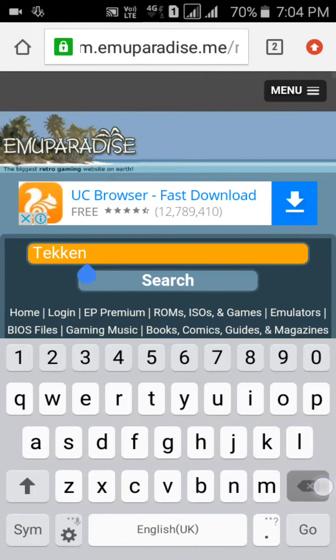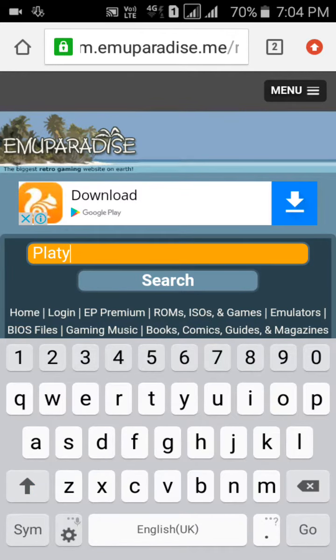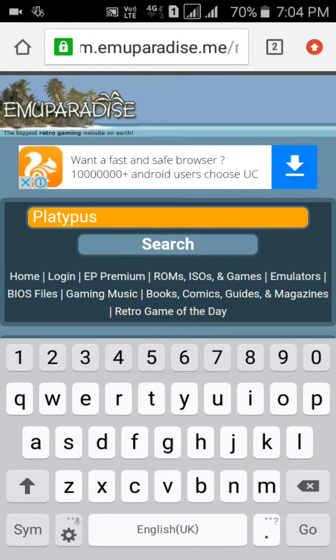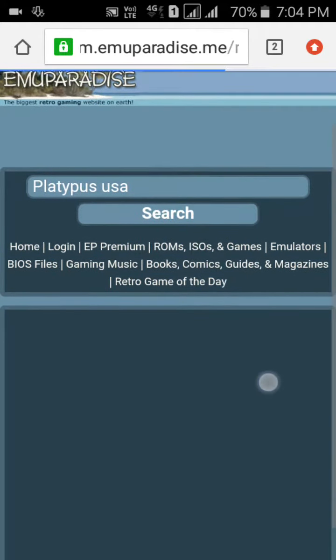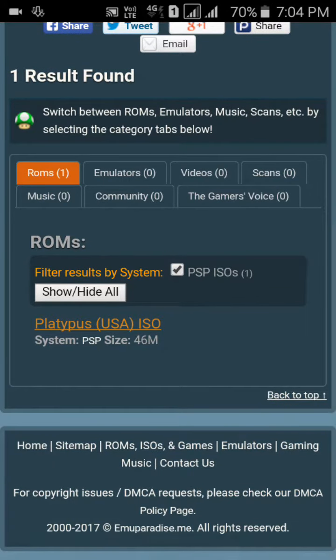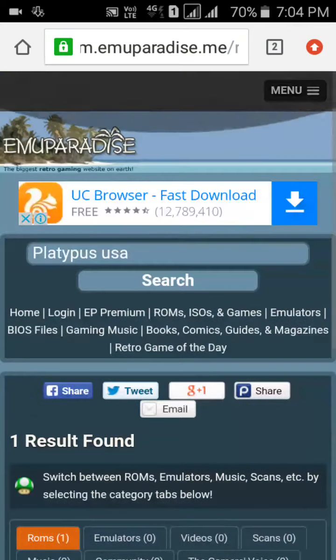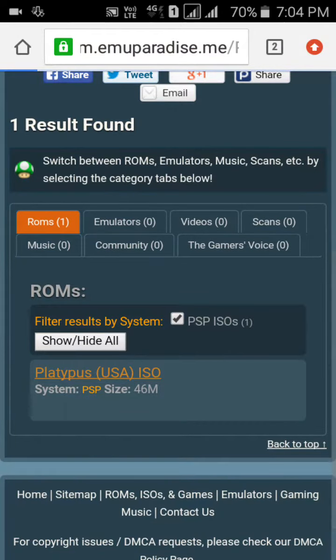So you can select any game you want. So I want the Platypus game. So I have typed the game name, Platypus USA, and search, and it appears Platypus USA ISO. Whichever game you want, you can search here and it appears, and click on it